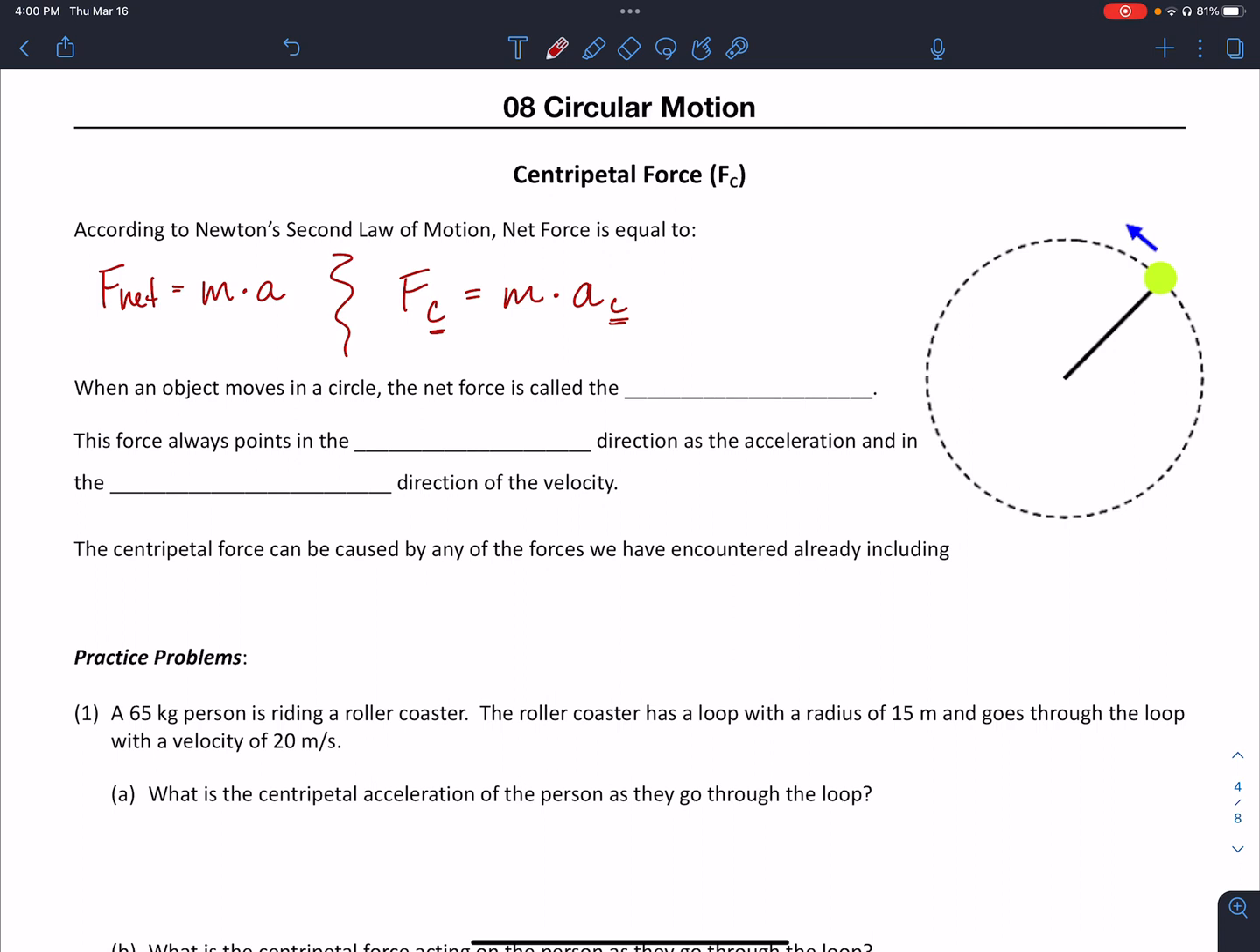Now, when an object moves in a circle, we call that net force this centripetal force. And that force, just like our acceleration, always points in the same direction. So that means that we are going to be pointing our force values to the center of the circle, just like we do our acceleration, which makes sense because it is called centripetal force. So center seeking force. And just like with acceleration, this force is going to be perpendicular